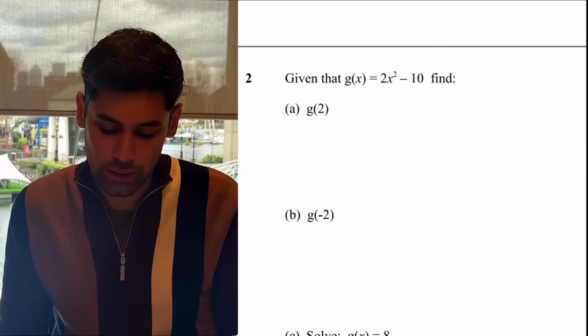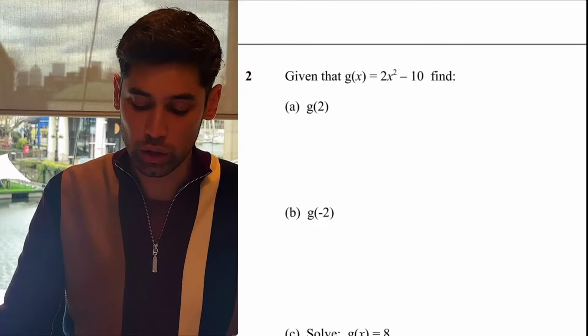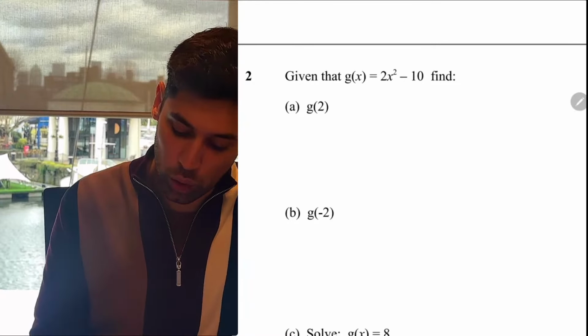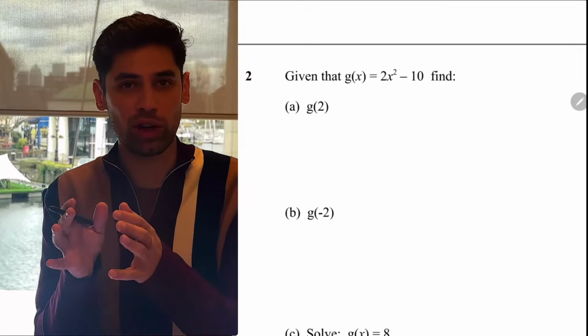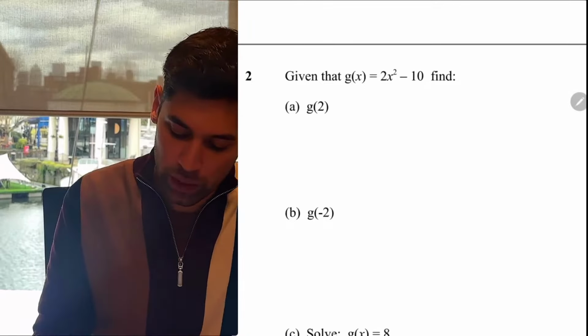Let's try it for these ones. So g of x is 2x squared minus 10. So g of 2, we just swap out the x for a 2. And when we're doing substitution, I would always advise to do it in brackets, put the substitution in brackets. So 2,